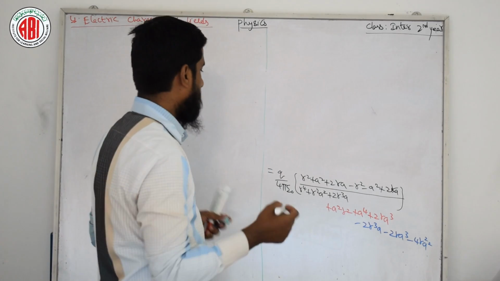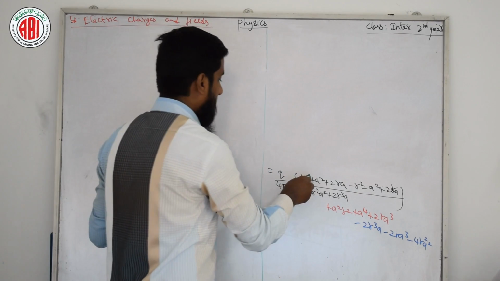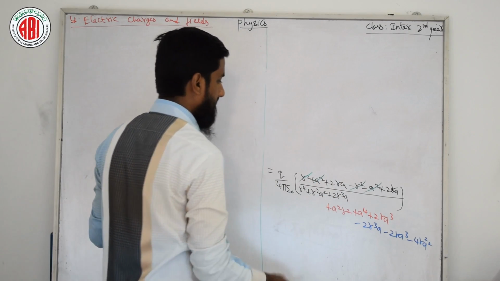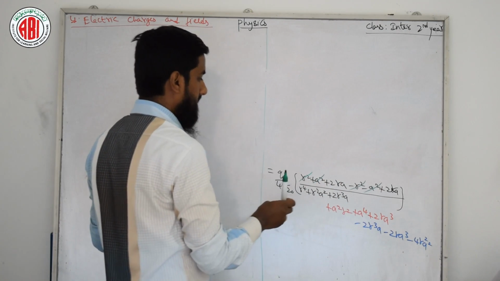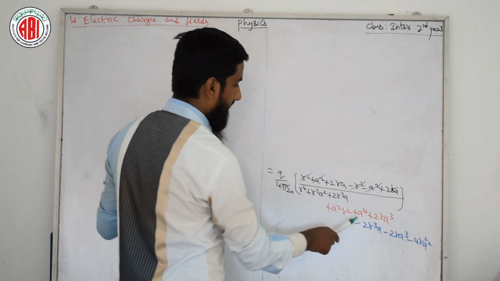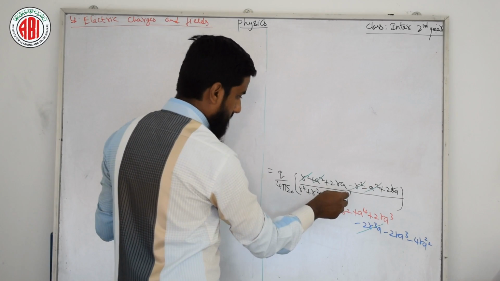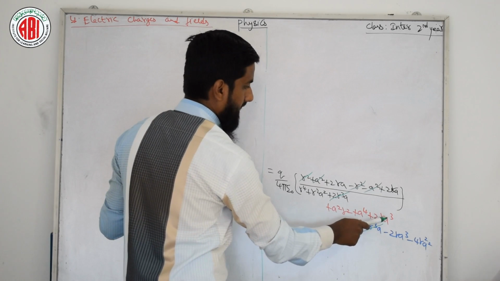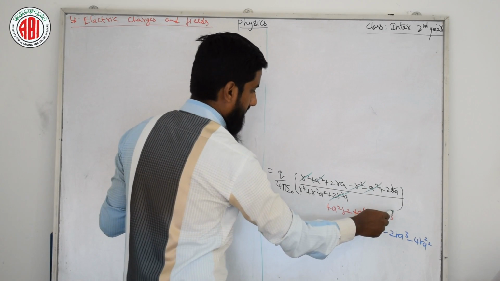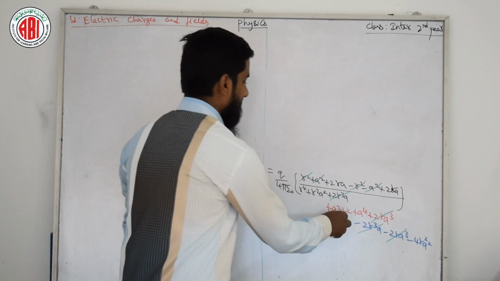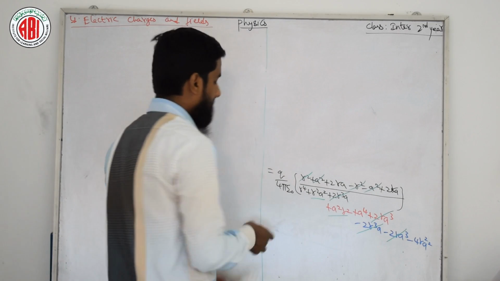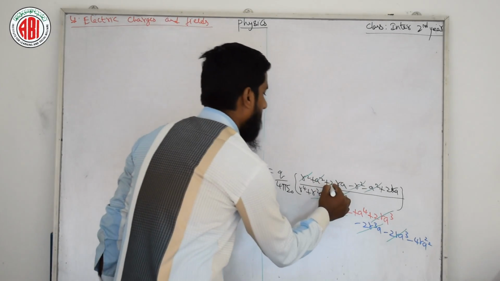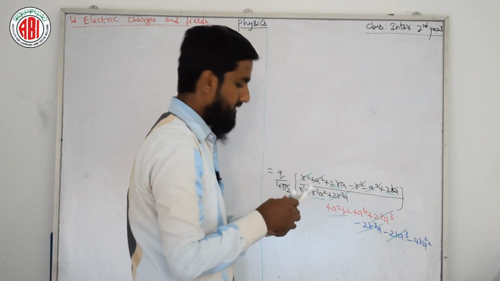Now the next step you can see here: plus R minus R get cancelled, plus A minus A get cancelled. Here minus 2R cube A plus 2R cube A get cancelled, plus 2R A cube minus 2R A cube get cancelled. This and this will sum. Next step, how I am writing, you can see, and this will also sum.